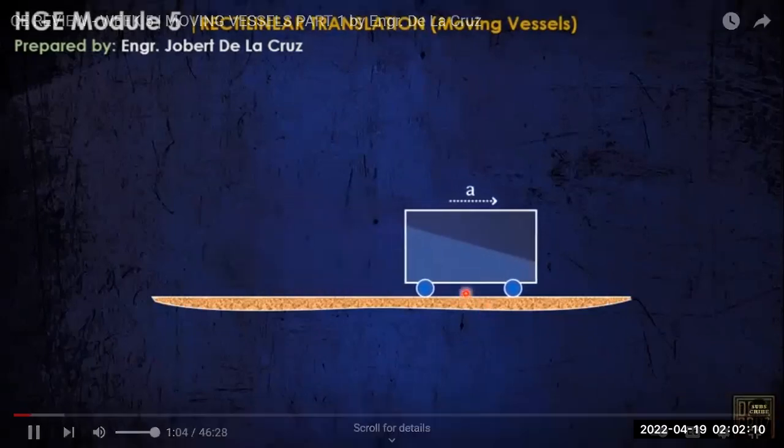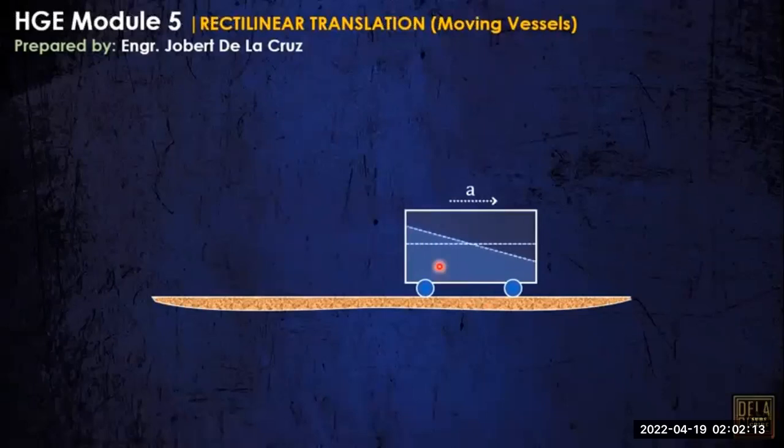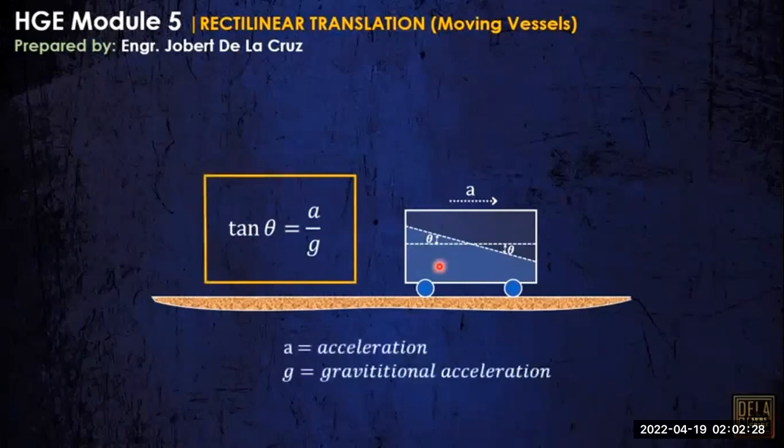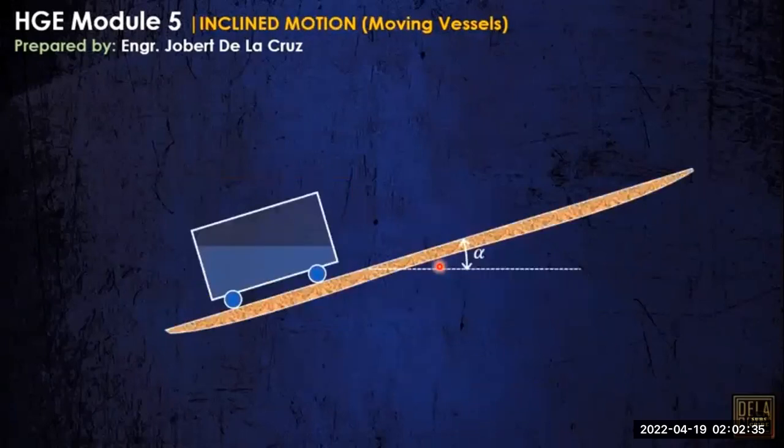that position na, no? Now, we can calculate the angle of inclination of the water surface here, and let's call that theta. Now, that can be solved using this formula. Tangent of theta is equals to a over g, where a is equals to the acceleration and g is equals to gravitational acceleration, or the gravity. Okay? Now, if that vessel naman will be moving towards an inclined plane, let's say that the inclined plane is